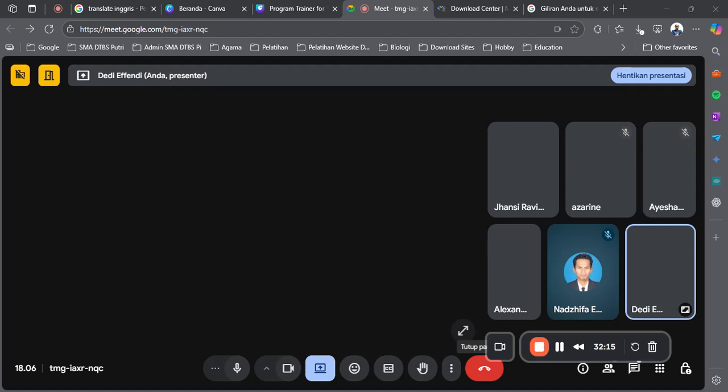You can browse, search it until down, or you can